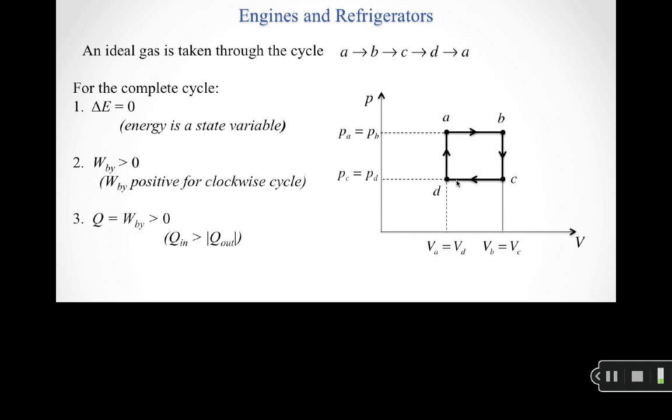Now, from the first law of thermodynamics, if the change in the energy is zero, that means that the net transfer of energy into and out of my system as heat has got to be equal to the work done by the system. So my net Q for the entire cycle also has to be positive, which tells me that, in terms of their magnitude, I know that Q in will be positive and Q out will be negative, but ignoring the signs and just thinking about the magnitude, that tells me that my system is going to take in more energy as heat than it will dump out.